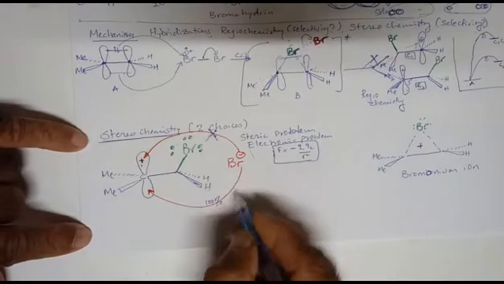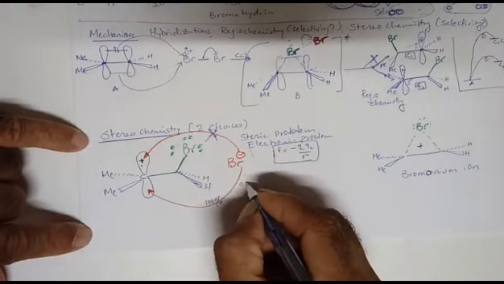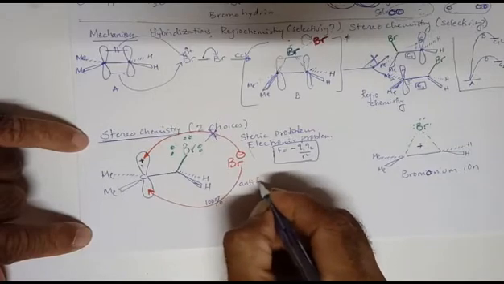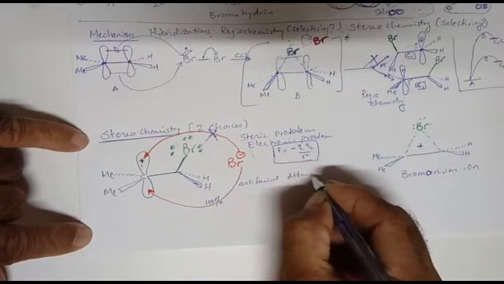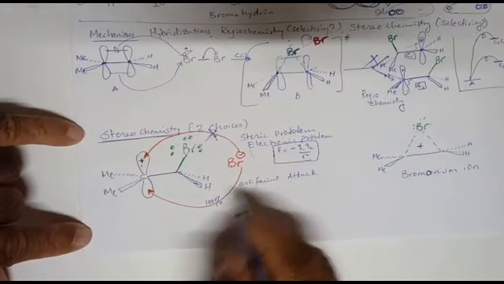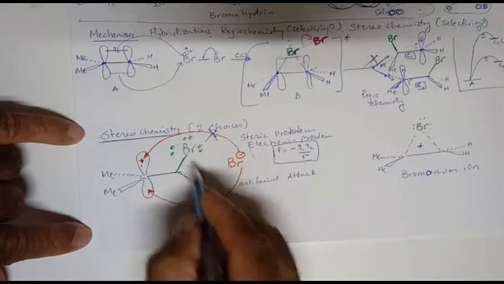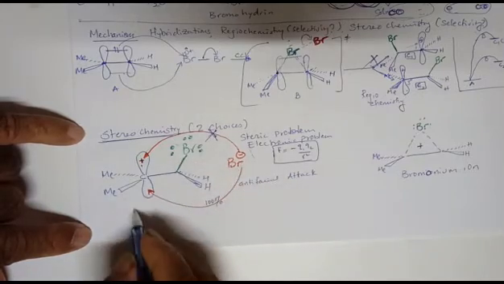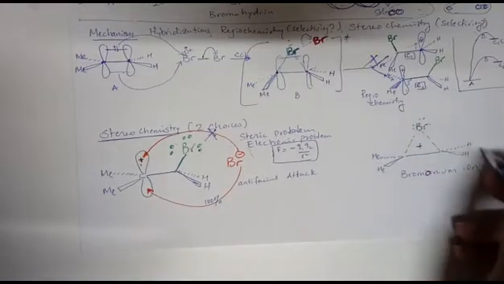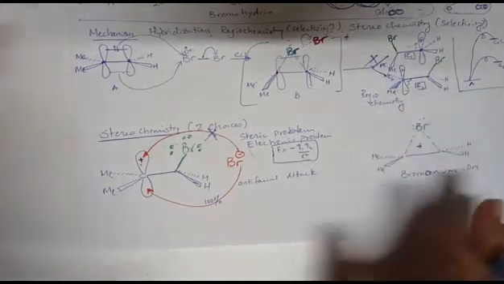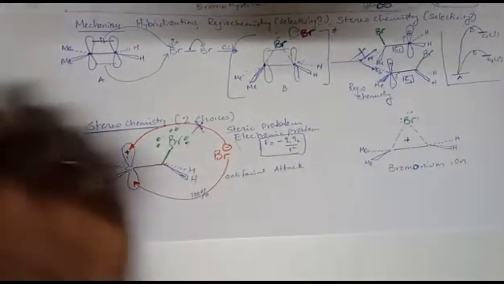So we are going to have exclusive anti-facial attack. What is anti-facial? This is syn-facial. Syn to this one, anti to this one. So the bromide has to come from this side. And it does, this argument is saying that if the one face is blocked, the second bromide has to come